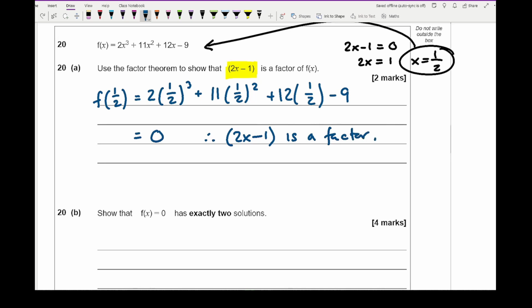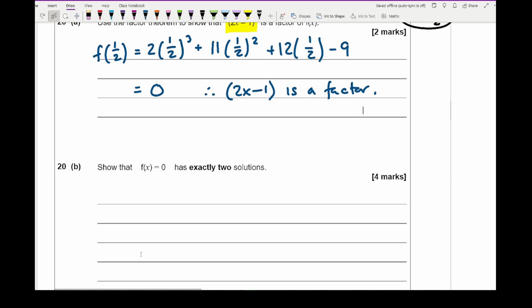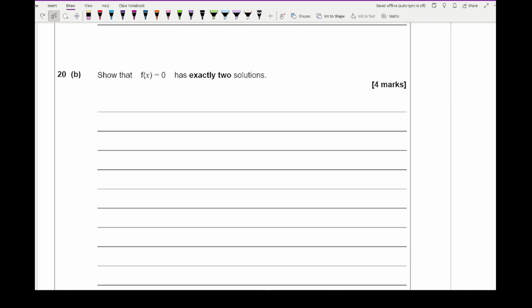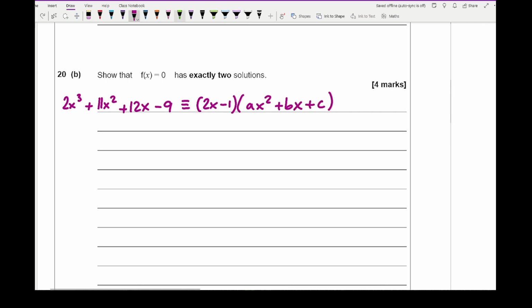It then says for 20b, show that f of x equals 0 has exactly 2 solutions. So for this, we need to look at comparing the coefficients. If I write down the original f of x equation, which was 2x cubed plus 11x squared plus 12x minus 9, we know that 2x minus 1 is a factor, and so we need to multiply that by some quadratic. Now if I expand all of this out, I'm going to end up with